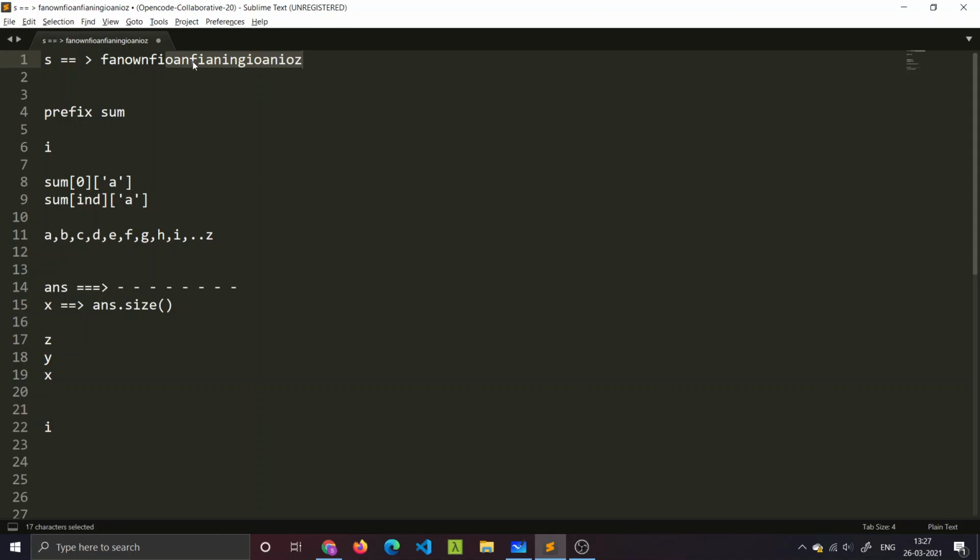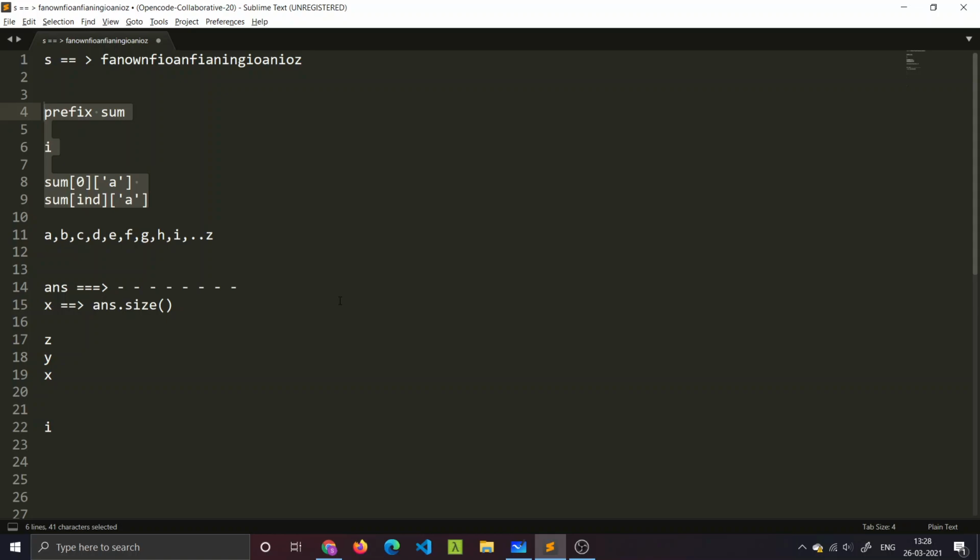Now, why are we taking the first character for each case? Like, why am I taking the first occurrence of I? Because greedily speaking, this is the best chance of obtaining all the characters. The larger the substring is, the more chances that I would get a character which is occurring inside our string s, and I can use it in our answer later. So this was the whole approach. Actually, I'm not that comfortable in English, so somewhere you might find it a bit difficult to understand what I'm saying, but I will be improving. So that's that. This is the whole approach that I have done for this question.